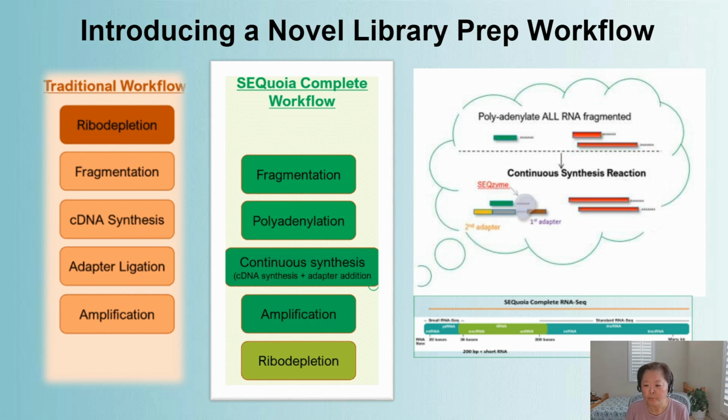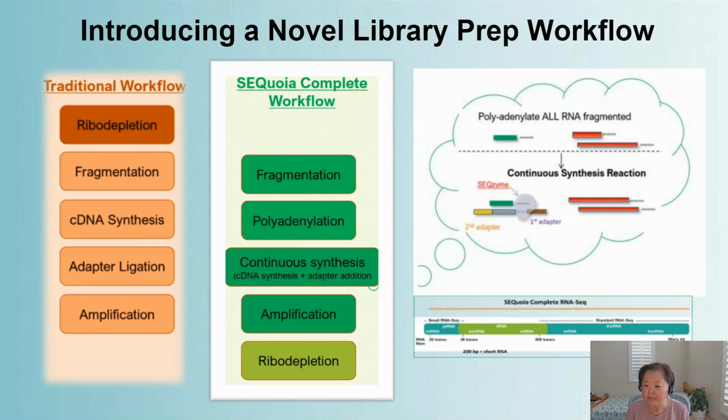let's see what the Sequoia workflow can do for you. In Sequoia, we start the fragmentation from untreated total RNA because the sample is more stable if depleting ribosomal RNA after converting from RNA to cDNA. This is why the lost material is minimized in this post-library strategy.